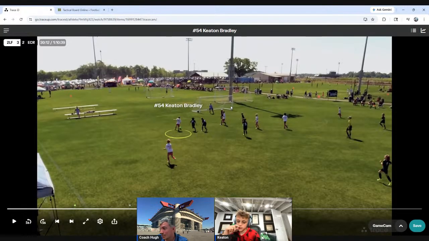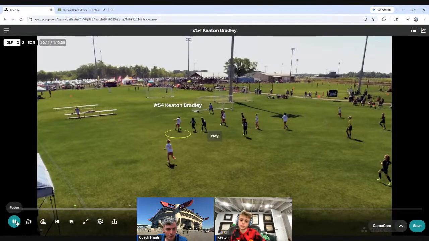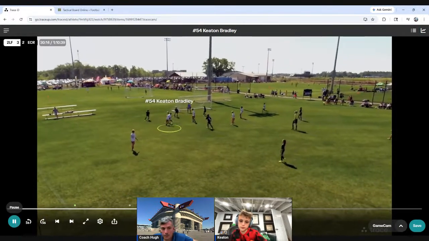And then here you could even toe poke it. I hate to say that, but a right-footed toe poke would be a nice little shot here. Coach Hugh, he loves his left-footed shots. I would prefer you to shoot left, but any shot on goal at this point works. So something to think about, because you don't get a lot of those opportunities.